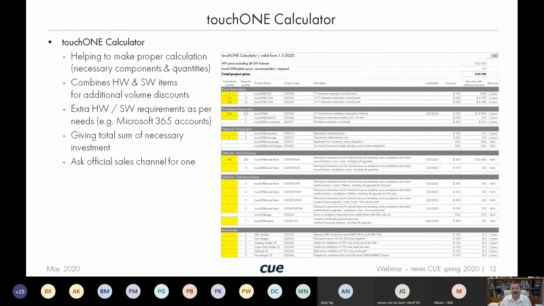You see in the picture the flavor of this tool. This tool is officially distributed via our sales official channel. Please don't be